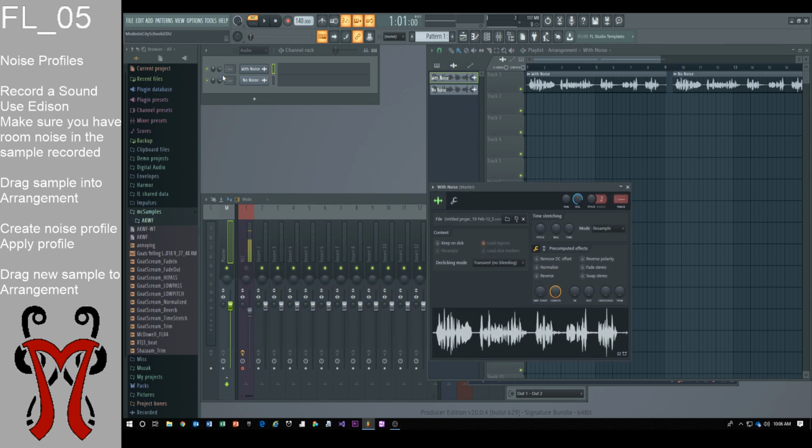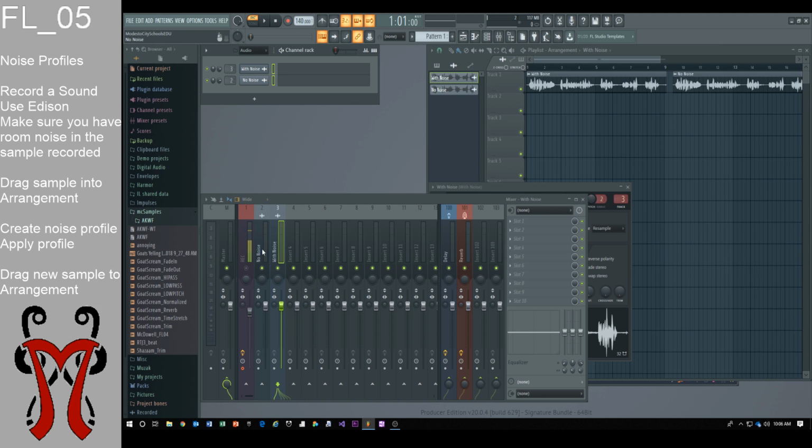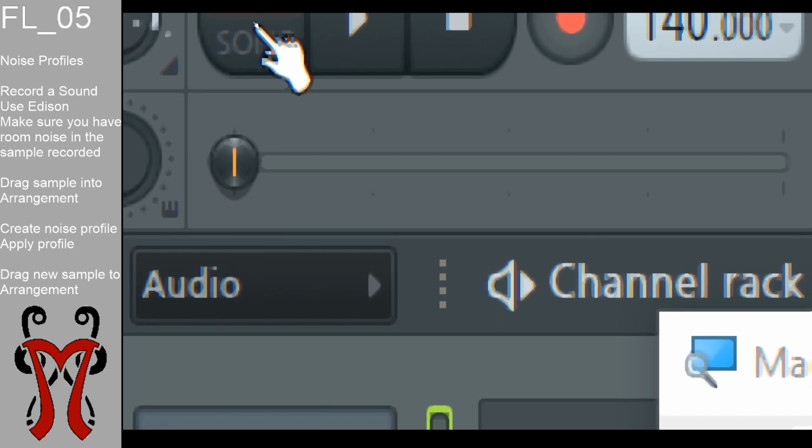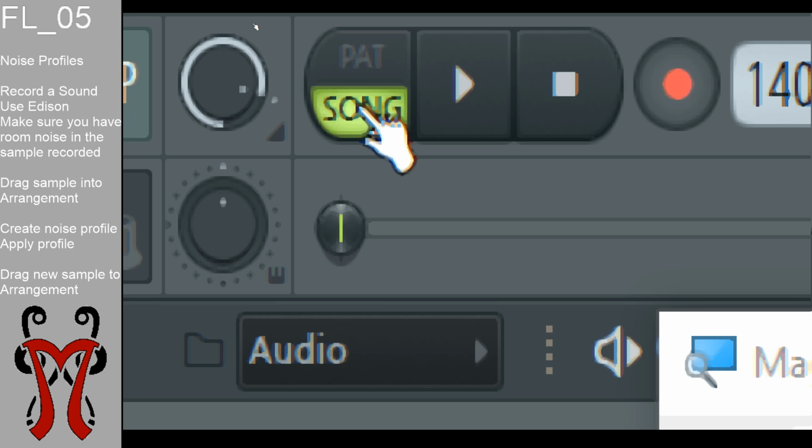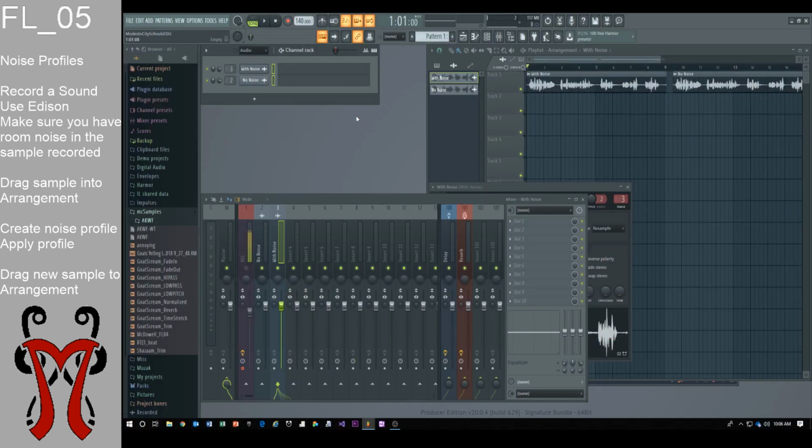The last thing I'm going to do is put both of these noises into another mixer channel just so I can see them play. You can select them and press Control-L, and that will also rename them in your mixer channel down here. Now if I press play, I should hear the one with noise. Oh, first I have to change my playback mode up here to the song mode. You want to change it to song mode, and now when I press play,